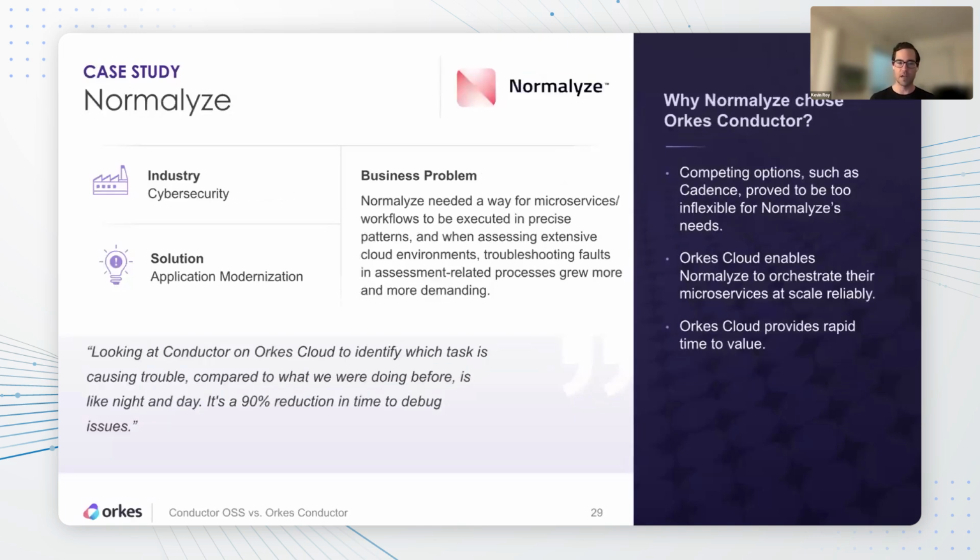This next company, Normalize, is a cybersecurity company. Normalize needed a way for microservices and workflows to be executed in precise patterns. And when assessing extensive cloud environments, troubleshooting faults in assessment-related processes grew more and more demanding. When you think about an industry like cybersecurity, the financial losses that can be associated with fraud attacks are huge, right? I mean, fraud accounts for billions and billions of dollars in losses every year. And as a company that is fighting fraud and focused on cybersecurity, airtight workflows and as minimal latencies as possible is of the utmost importance,